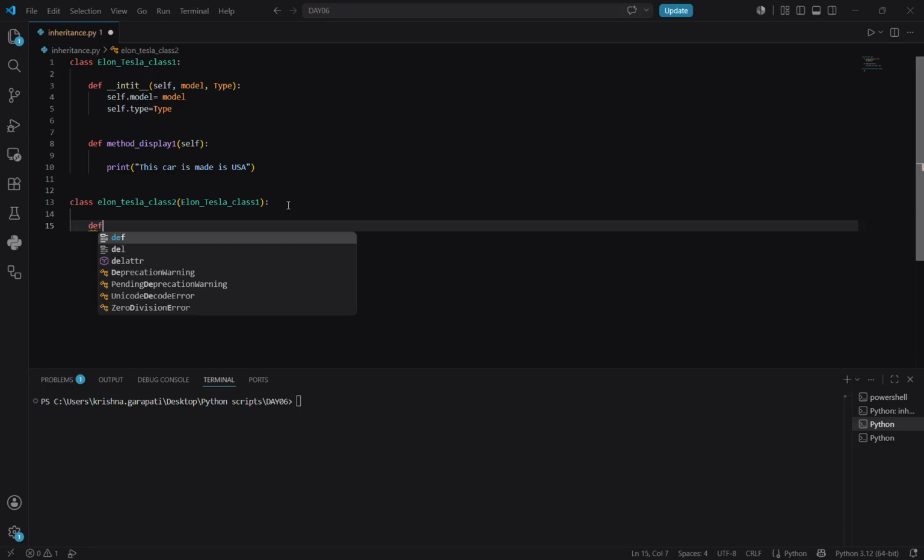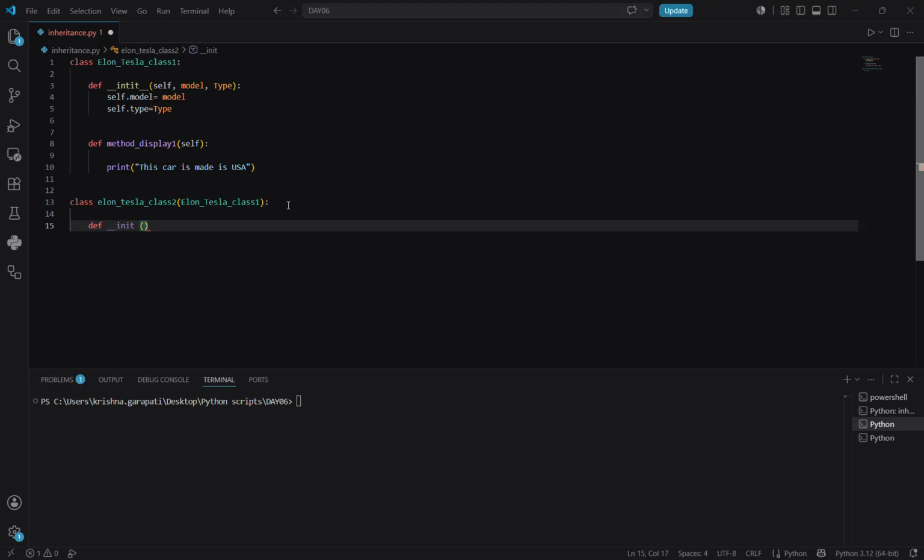So we'll have a constructor here. In the constructor we just need to have self. This class might have different attributes. It has a cost parameter and a color parameter,